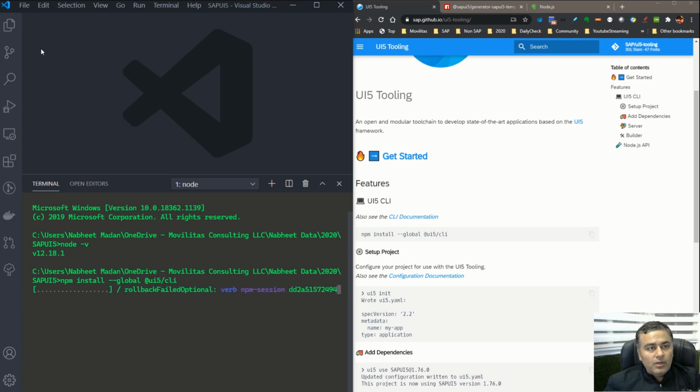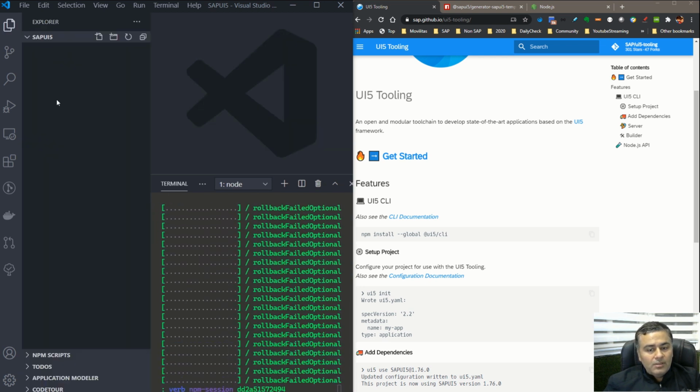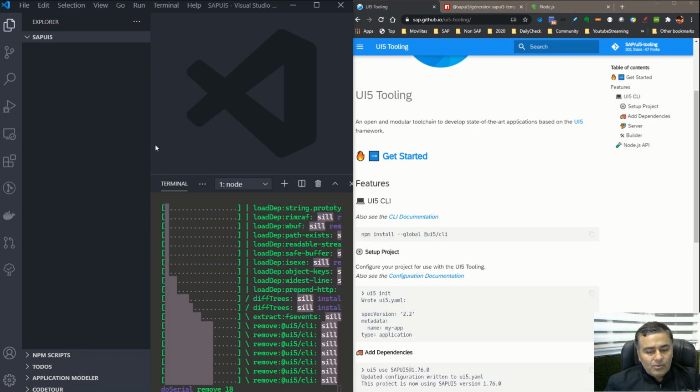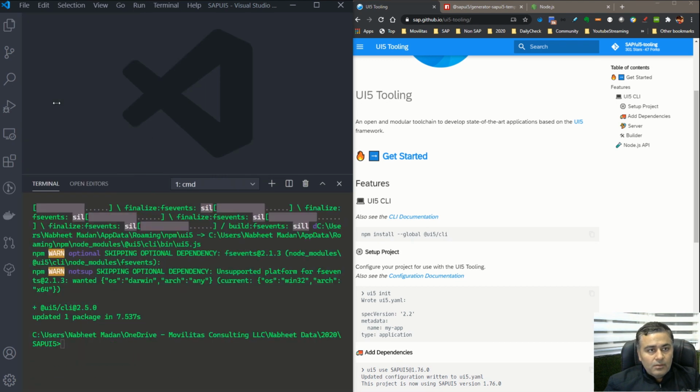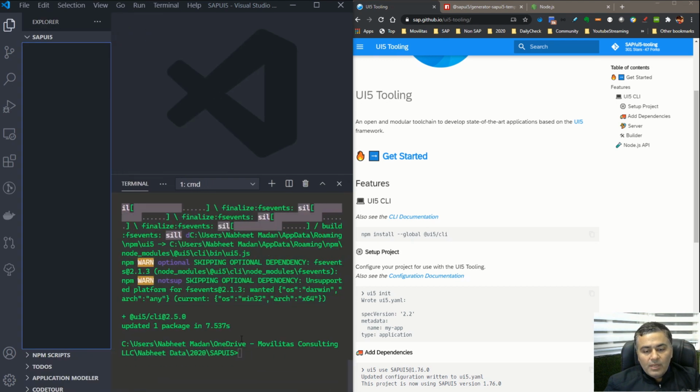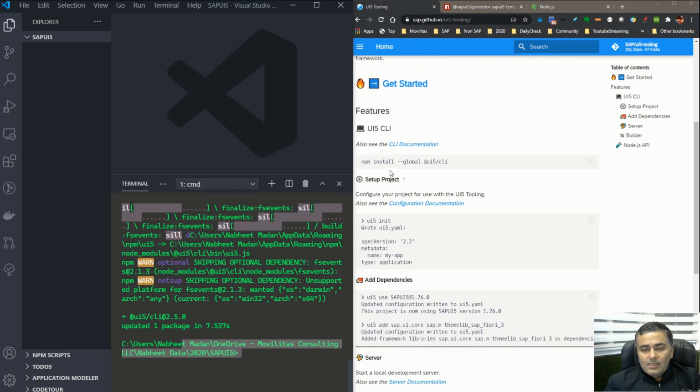So I'm just installing it, and if you look at it, I've just created one folder, right? I already had that installed, so it will do it again, and now it is done. So we have now basic CLI installed. Now what it says is that in order to use this local tooling, right, you need to